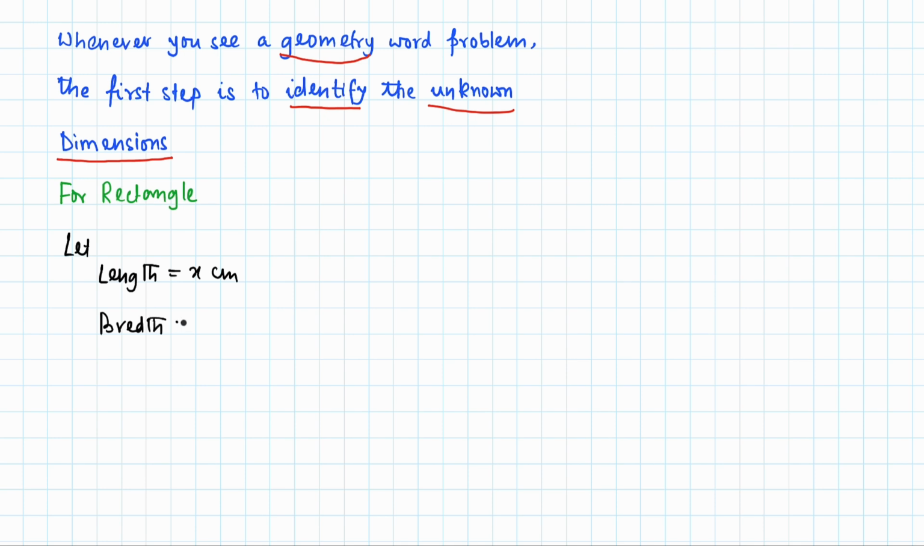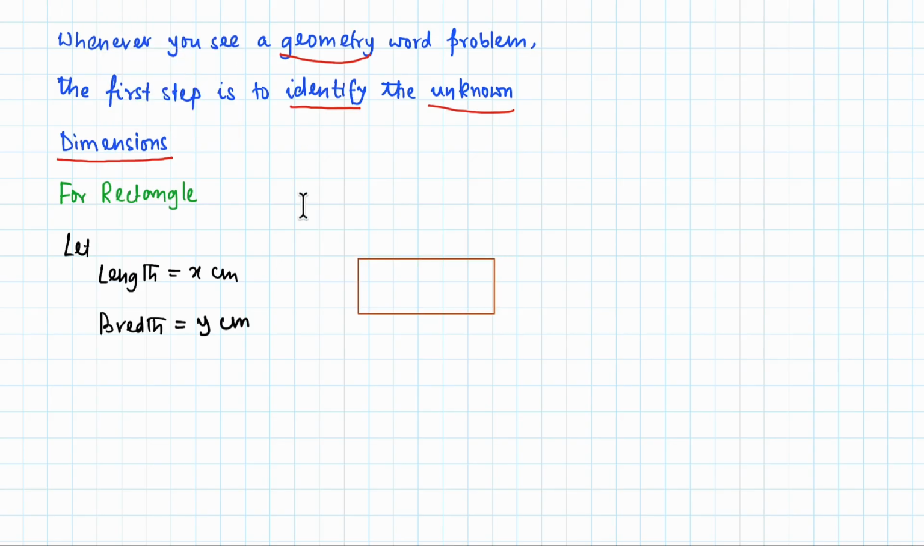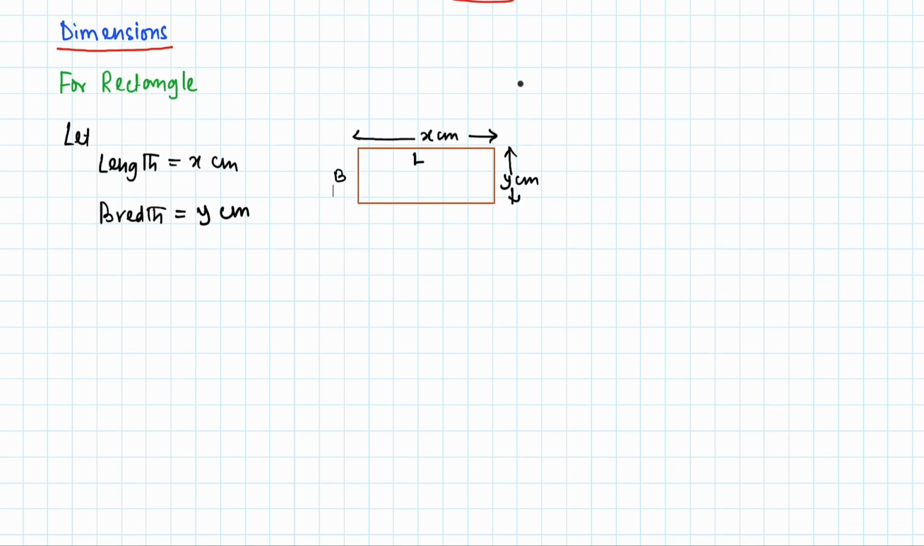Now for a rectangle, let's say the length is x centimeter and the breadth is y centimeter. These are the dimensions, length and breadth, and we are assigning the variables x and y to the length of the rectangle and the breadth of the rectangle. So the length is x centimeter and the breadth is y centimeter. If you can see this figure, now remember these important